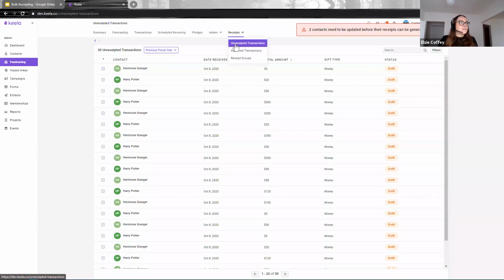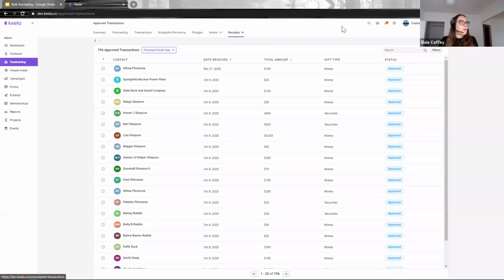Next, we've just looked at the unreceipted transactions, the section where you approve or ignore. Let's go on to step number 2, approve transactions. This is where all the donations go once you've approved them. So from here, you can either